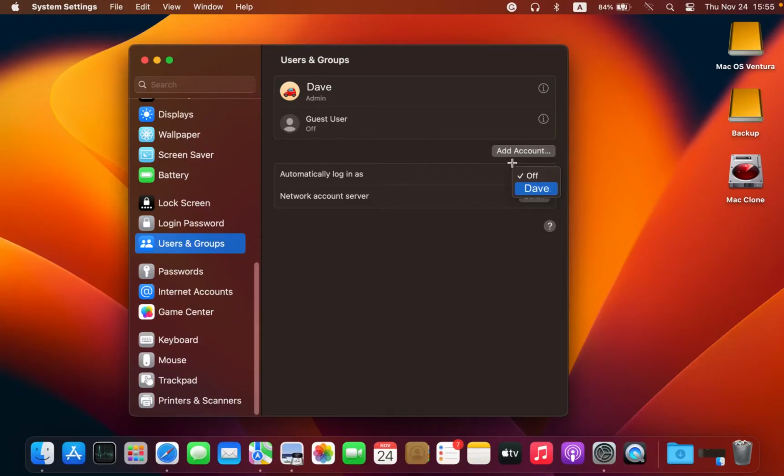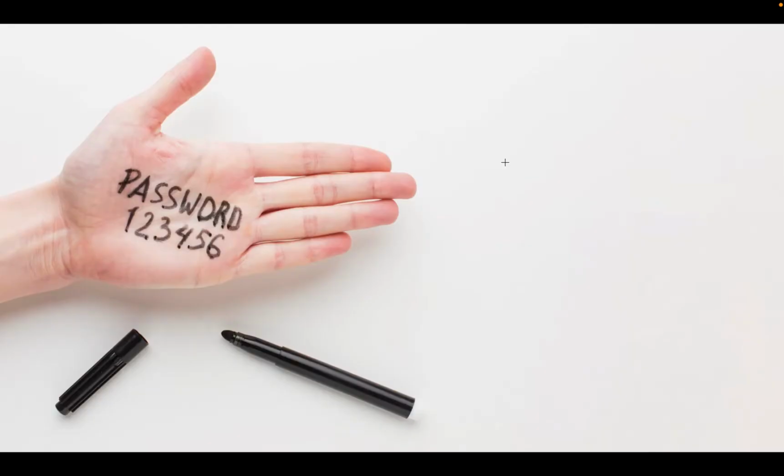Before turning off automatic login, make sure you still remember your username and password. You can't log in if you forget them. If you are worried you might forget your password, write it down, keep it in a safe place, and ensure it still works. After disabling automatic login, your Mac will prompt you to enter your username and password whenever you